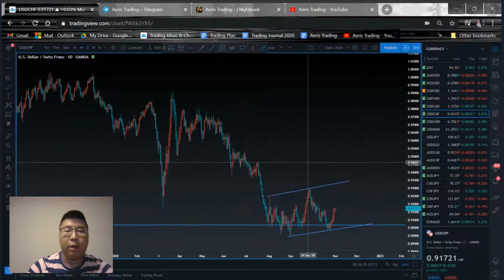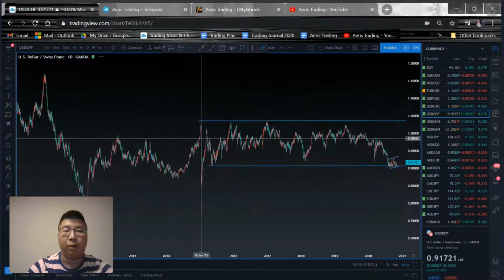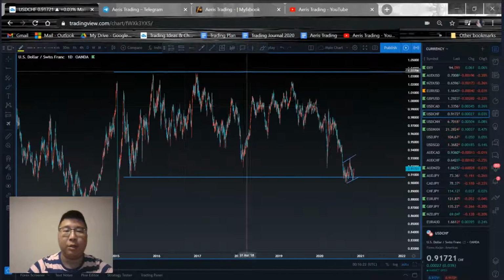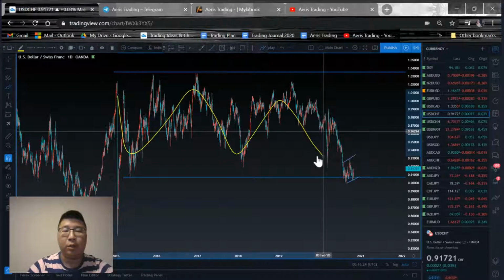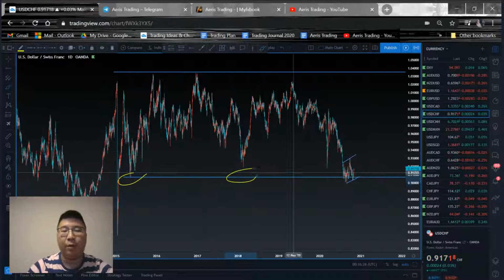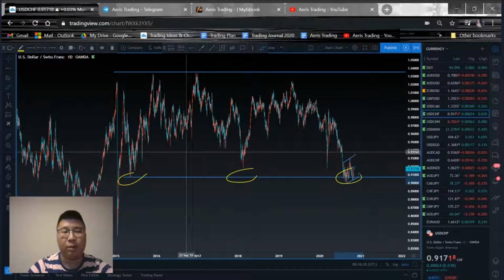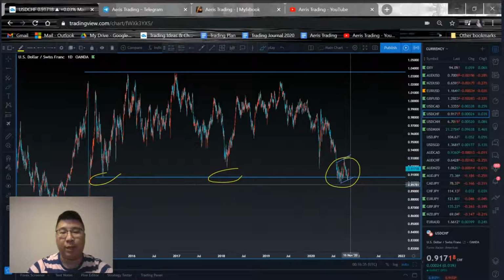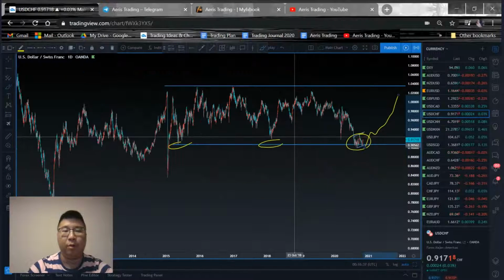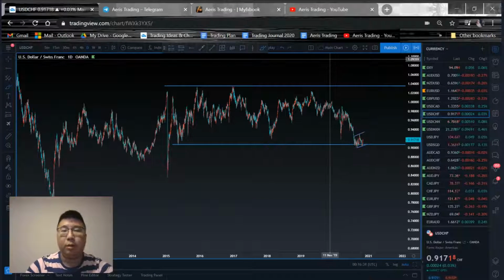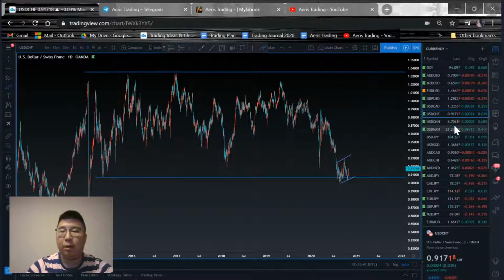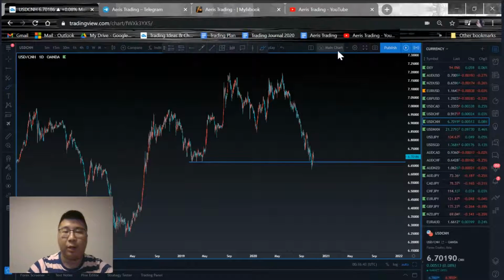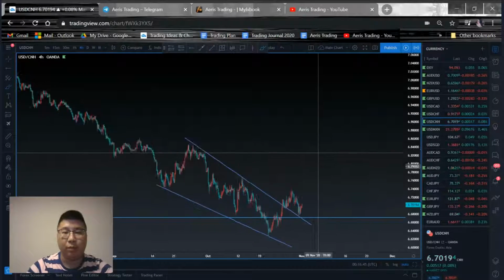And then looking at the higher time frame perspective, zooming out a little bit here, price has been just in this overall range, but it's good that we're at the previous kind of a low area where price is consolidating here. This is a good chance that price is not likely to break any lower, and now we can be getting a reversal kind of price action, and we can slowly go up from this point forward. So dollar Swiss is that, and let's look at dollar Chinese yuan, because some of you guys mentioned this one,